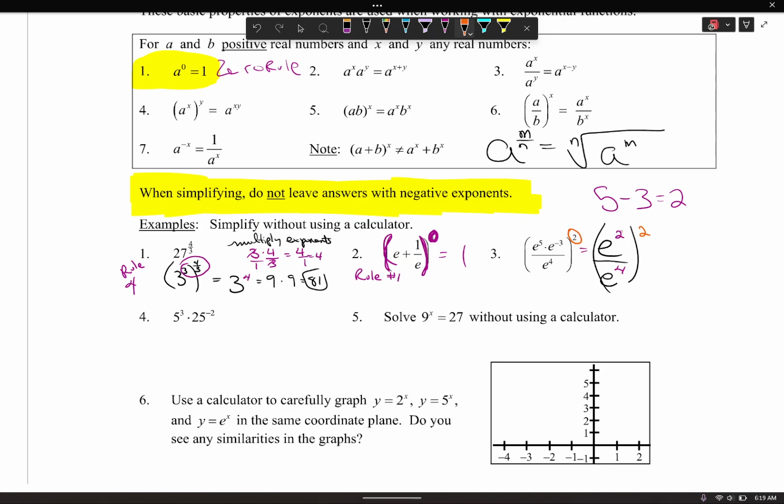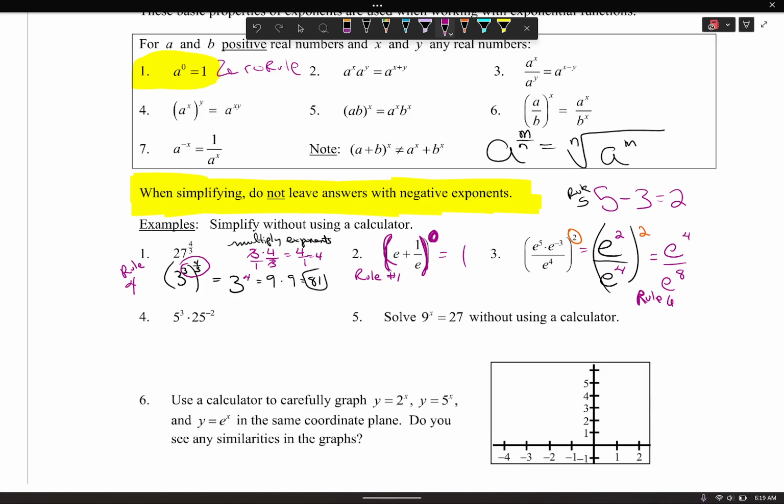Now, I want to let you know that the next rule that I want to use is right here. What rule did I use when I went from this motion right here? I'm saying this is rule 5. And then I want to have e. Do you want to distribute that 2 first? Why not? So I'm going to say that I have e to the 4th, and then I have e to the 8th. And what was the name of that rule? It was rule 6